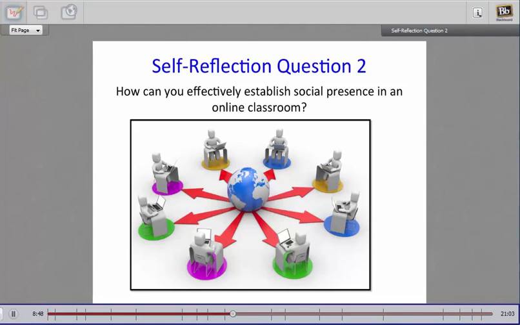Okay, so now we're back. Hopefully you have come up with a few ideas. And as you can see, this is quite a difficult process, especially when it comes to the online environment. Because a lot of the social activities that we think about when it comes to a classroom happen in face-to-face